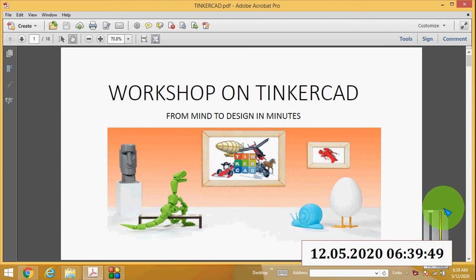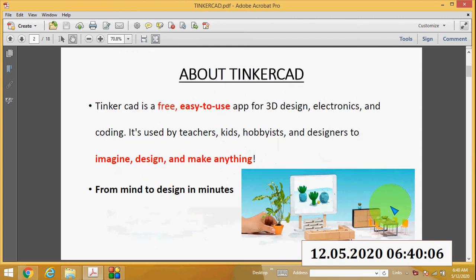This session will give you an idea about Tinkercad. Tinkercad is a 3D application such that you can create 3D designs within minutes.